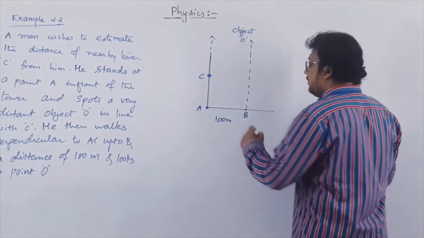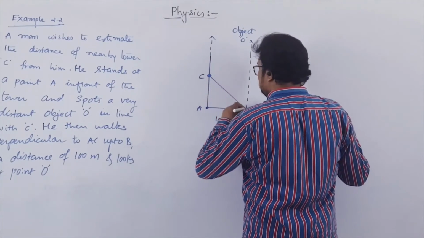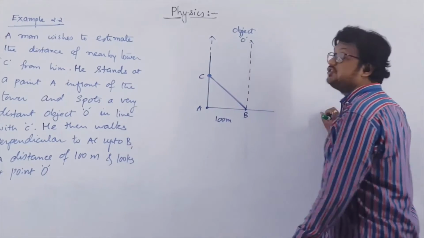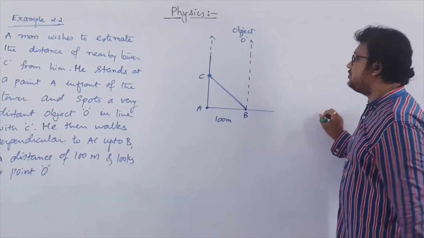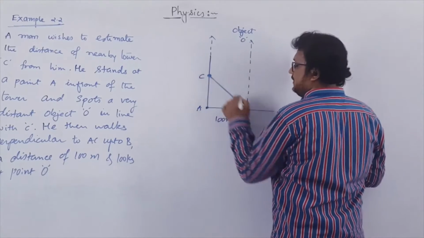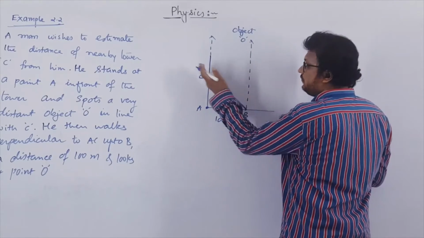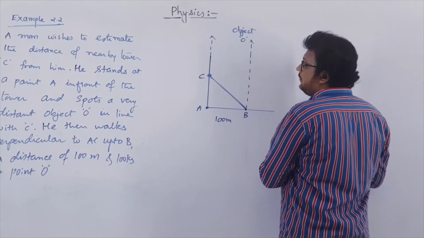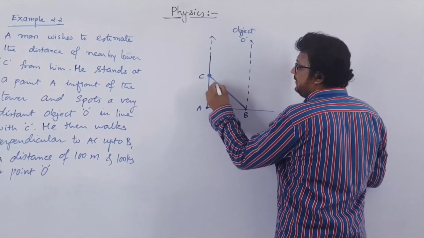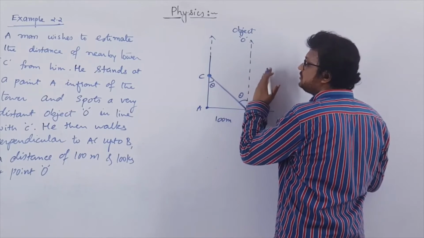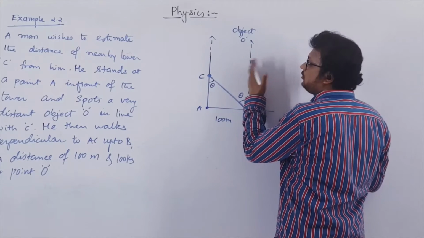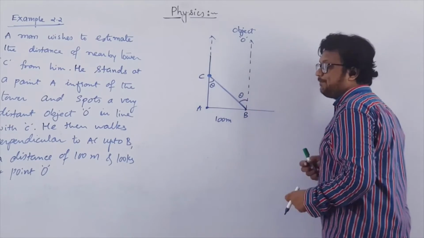But when he observes point C, you will see that the line of sight will change. The line of observation will change. Initially he was looking vertically up, now he has to look a little bit across to see the C point, right? Here it is given that the angle made is theta. So this will also be theta. So this much he has to shift his observation from point O to C by an angle theta.